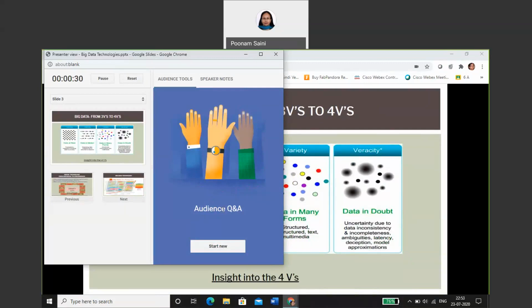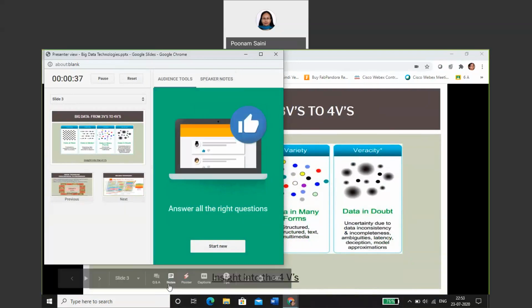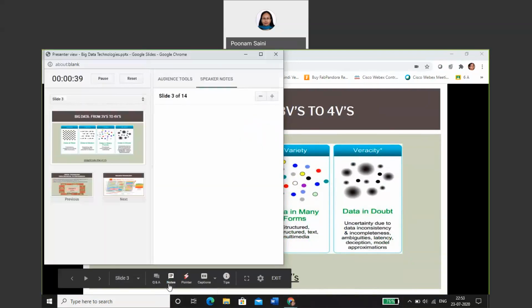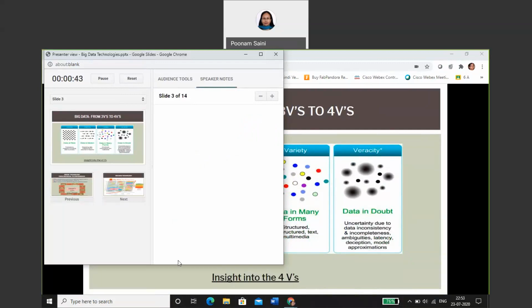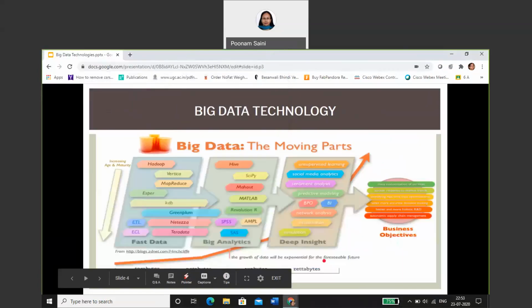So the audience can ask questions and answers, and there will be a discussion forum. Along with this, we have the notes as well. With all the slides, we can show the notes which have already been recorded using that voice option. There is also a caption option which you can always enable, and whatever you speak out, those captions will come along with it. It works like voice speaker notes.